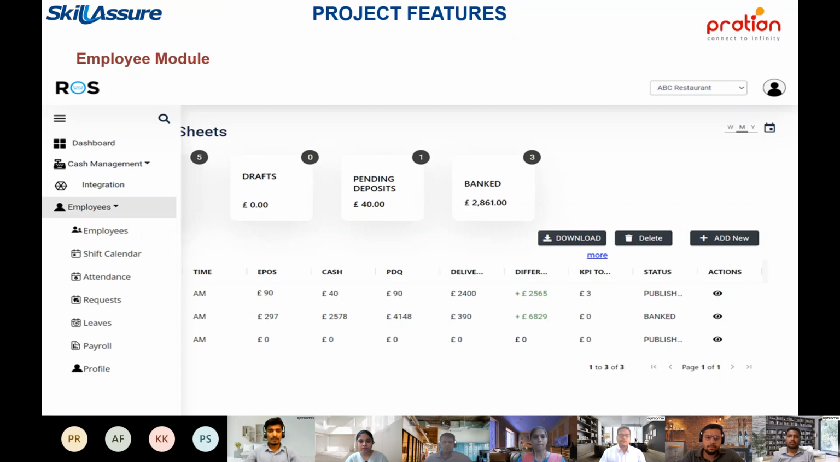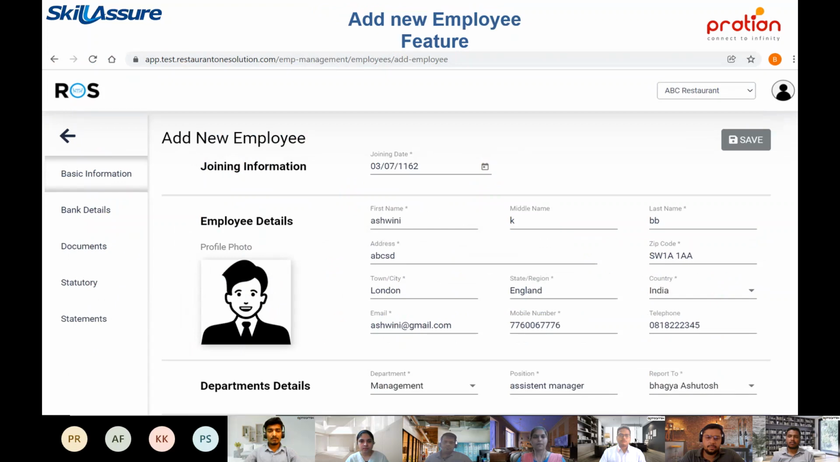In the next slide, here is the main add new employee page. Here we add all the employee details, bank details, their documents, statutories, and their statements. In the next slide,